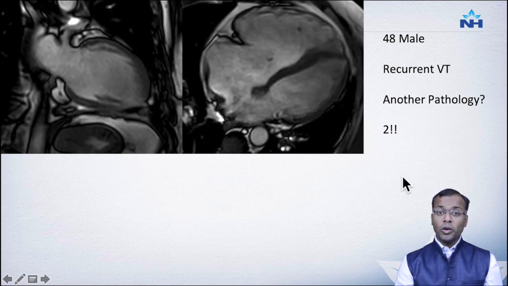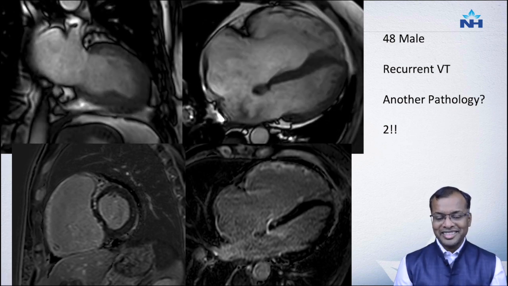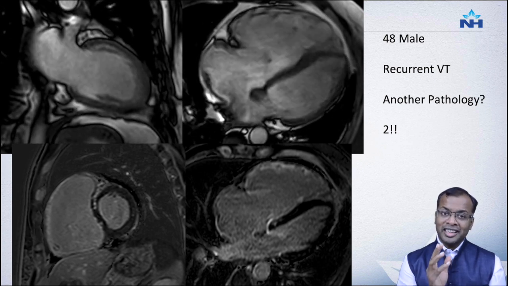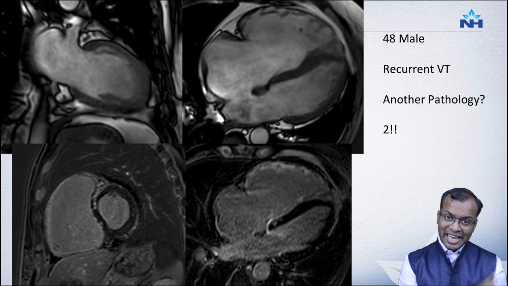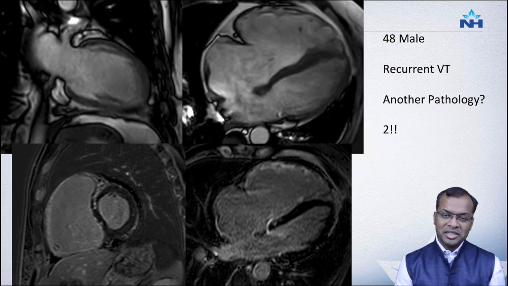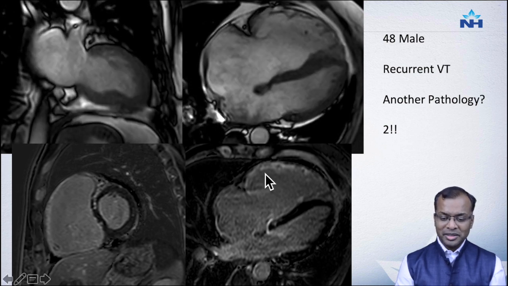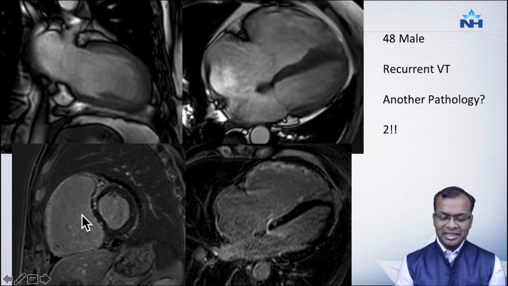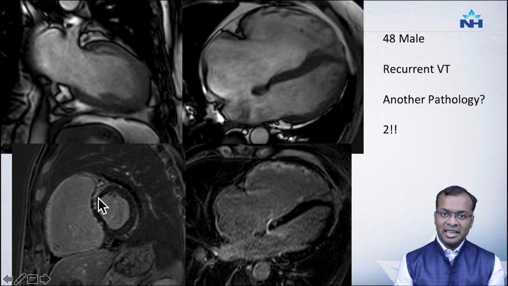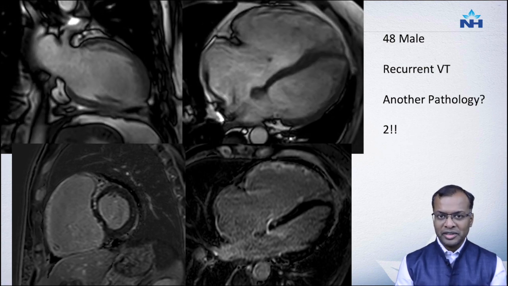Now when we do the volumetry in this patient, it certainly satisfies the ARVC criteria, but whether the volumes are influenced by the ASD or are primarily related to ARVC is a question which is difficult to answer. When we do delayed enhancement imaging, you can see RV free wall enhancement and some enhancement in the septum. This fits more towards ARVC because primary ASDs should not give you this kind of enhancement.